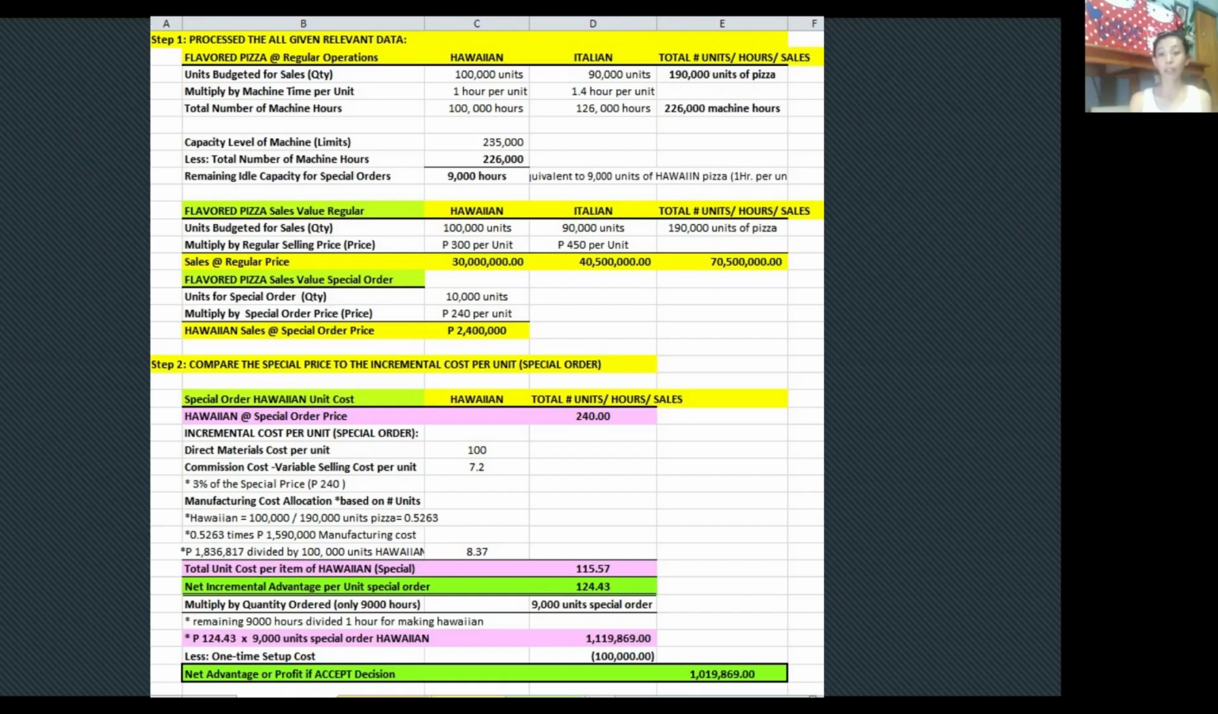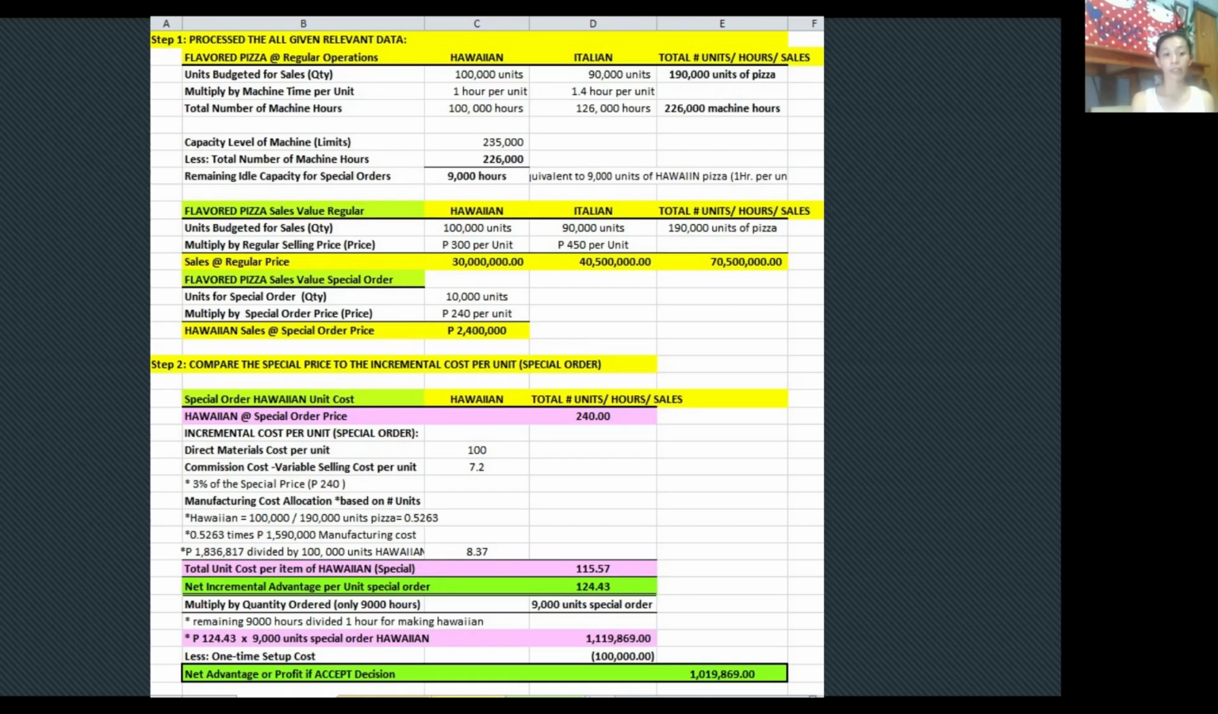There is a difference in their capacity, which is 235 hours, but in their actual operation they utilize only 226 hours. That leaves 9,000 hours remaining. So this is very good news, because the special order can take care of these remaining idle hours. So, flavored pizza, we go with